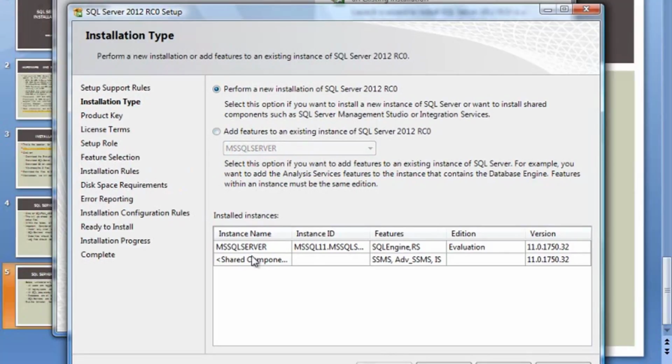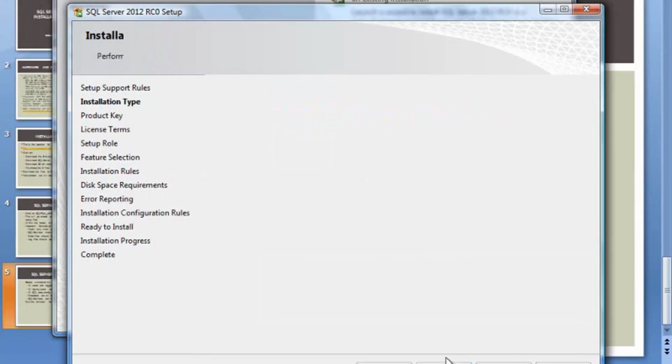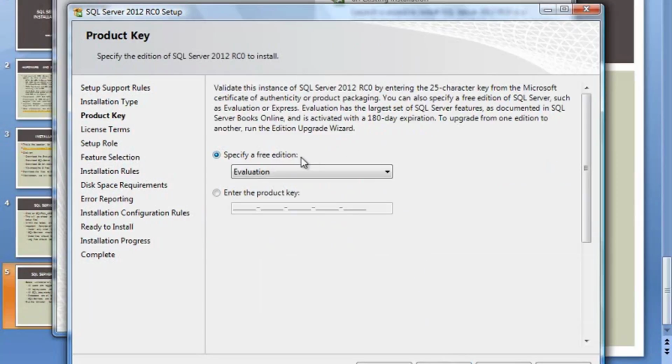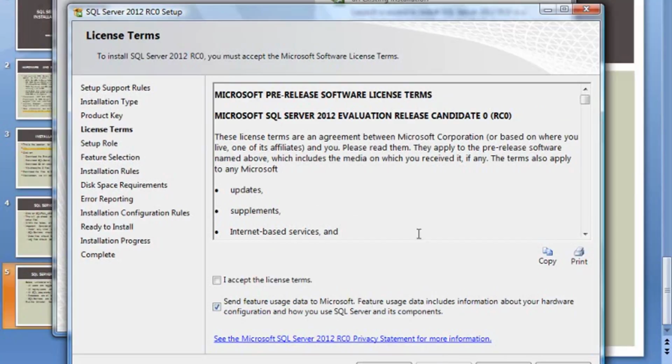Okay, and here are the installed instances already. Like I mentioned, it found a default instance, so I will click next. Okay, if you had a product key, you would select that. We are doing an eval edition. I could install Express if I wanted to. Okay, here is basically a standard license agreement. I will accept that, and you can uncheck this next one if you wanted to. Click next,